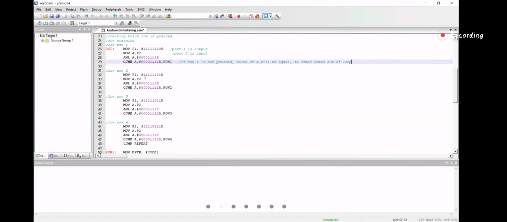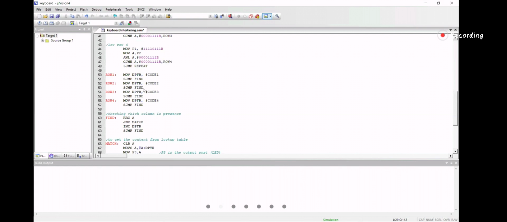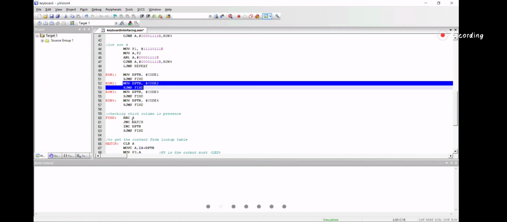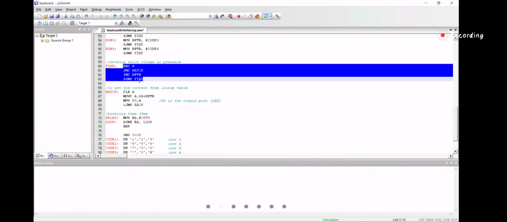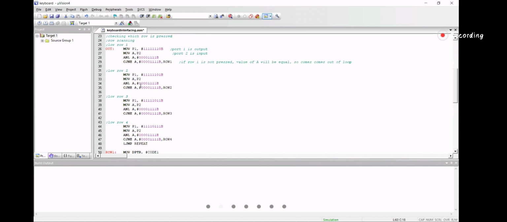Row 2, it will check whether the key is pressed, it will jump to row 2, that means this subroutine, and it will again check code 2. It will go to find, right, rotate with carry anyway. If it is not row 2, these two values will be equal, so it will jump to row 3.